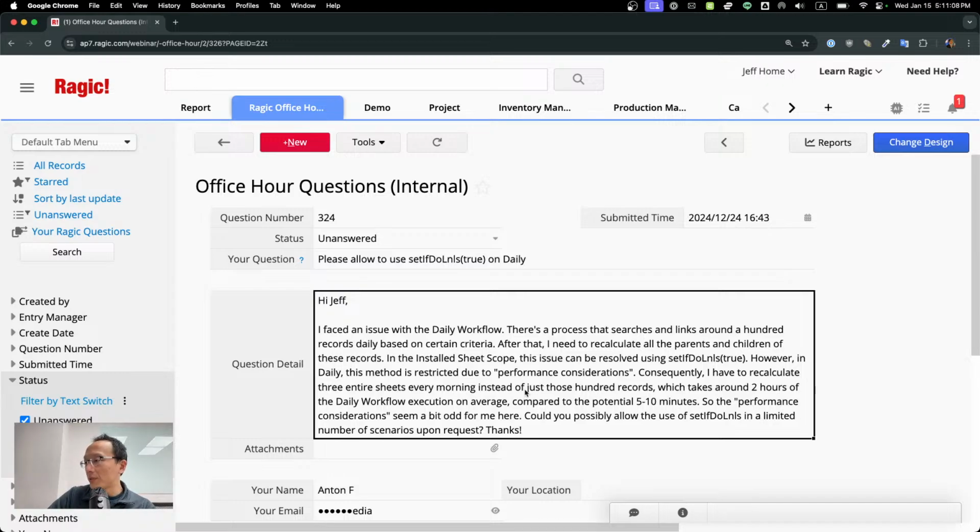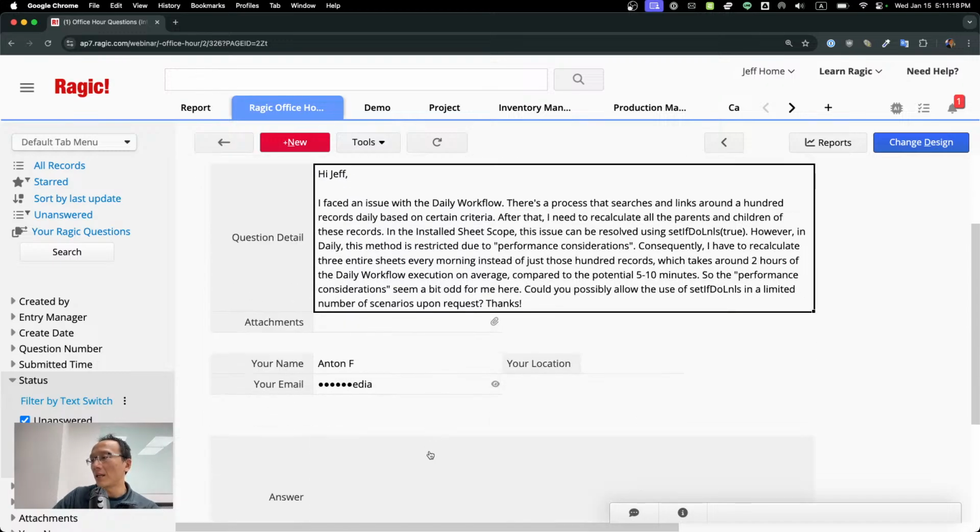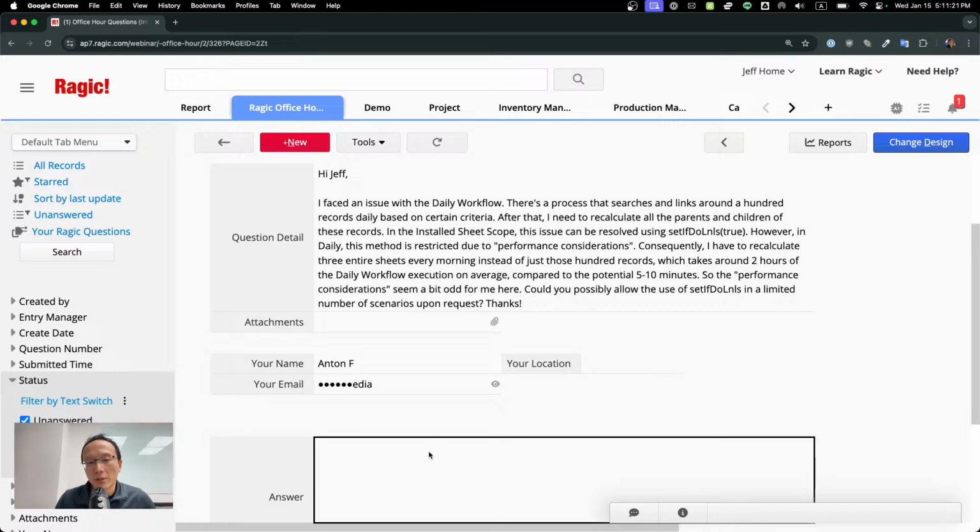So the performance consideration seems a little bit automatic. Could you possibly allow the use of set if do link and load sync in a limited number of scenarios upon request? Of course, we can look into this, but as I explained, allowing this kind of cascaded update in daily workflow is